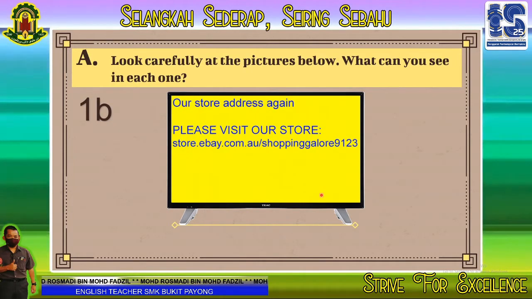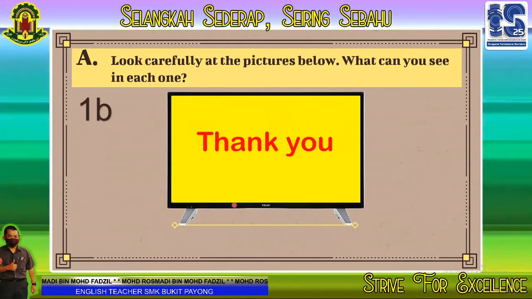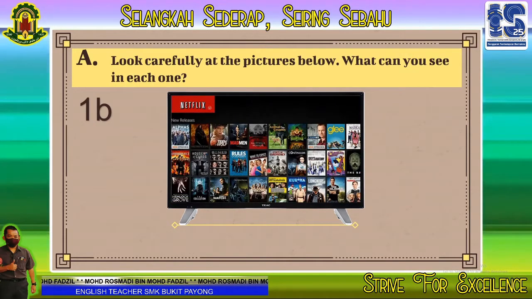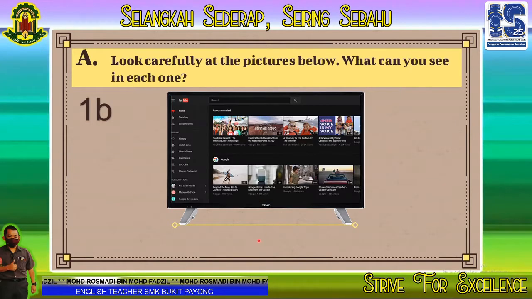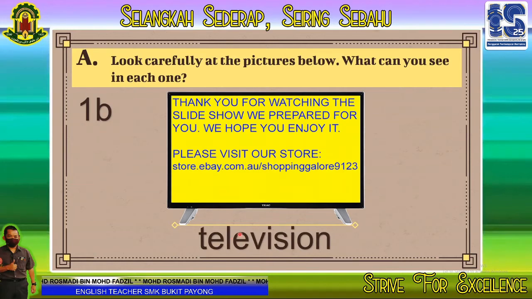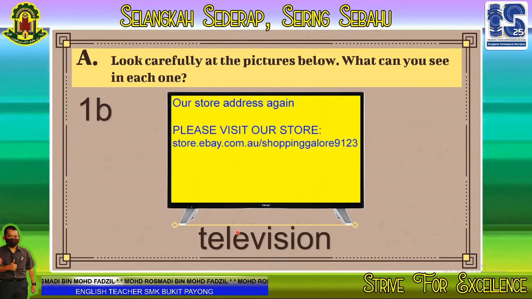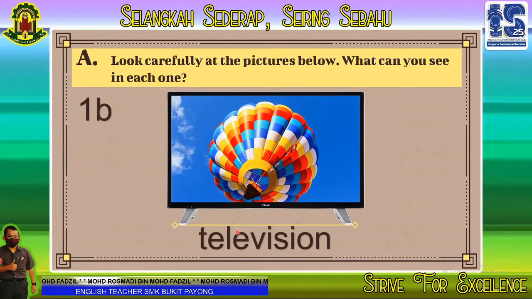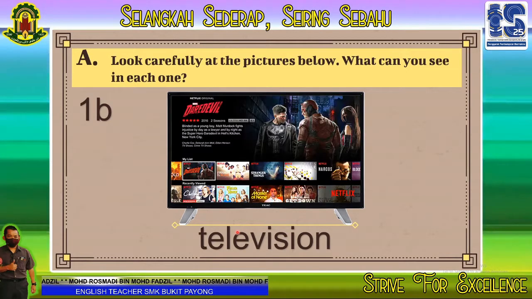Nowadays ada yang smart, ada yang biasa-biasa punya. This one is smart. Smart what? Smart television. Yes, sama right in your textbook. I mean the thing. Gambar tak sama lah. Benda yang sama. Television 1B.